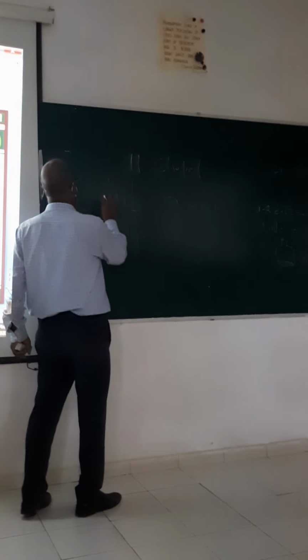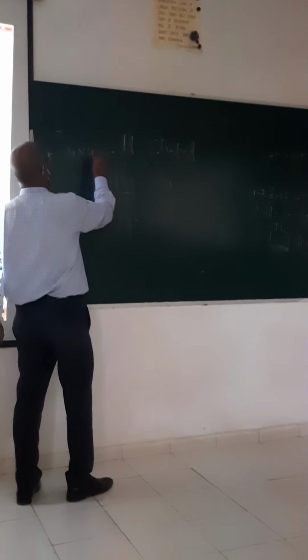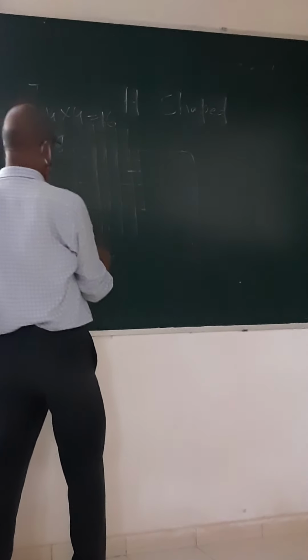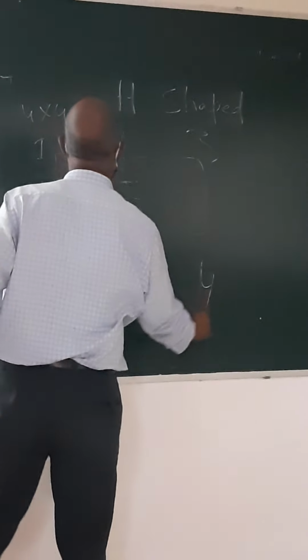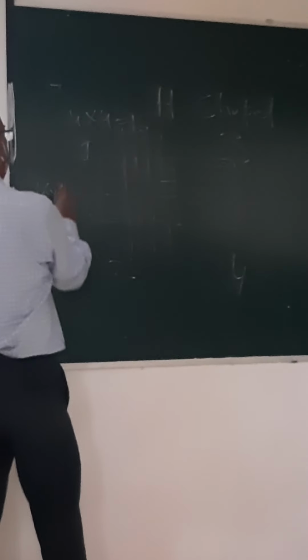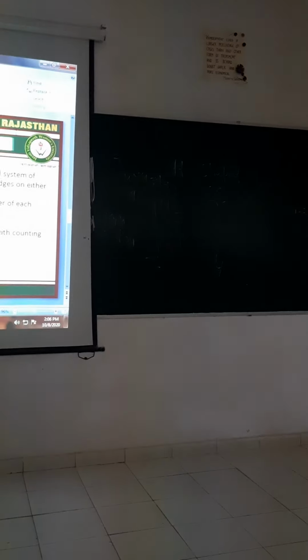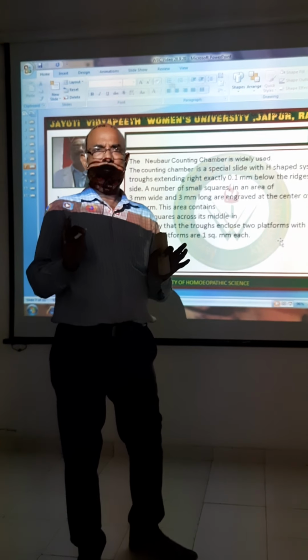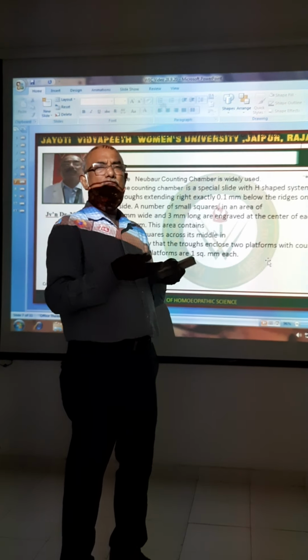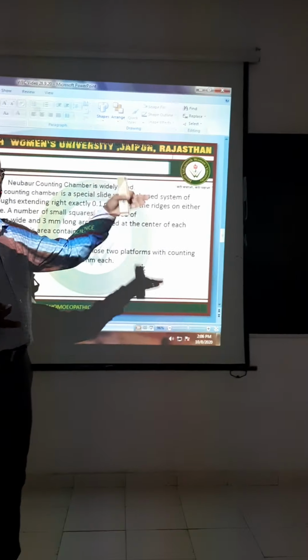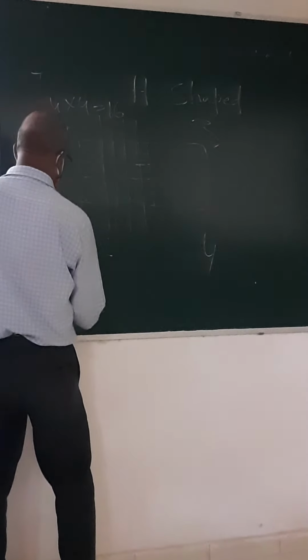So that is why we are having here 4 into 4 is equal to 16. But we have 4 columns, 1, similarly 2, 3 and 4. So 16 into 4 is equal to 64. Right? 64 squares. We will take out the reading. We will calculate the cells, all 4 into 4 into 4. That means 64. There are so many WBC cells there. And our formula will be here.